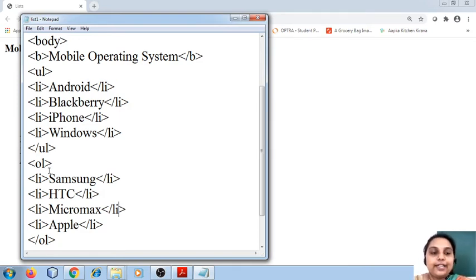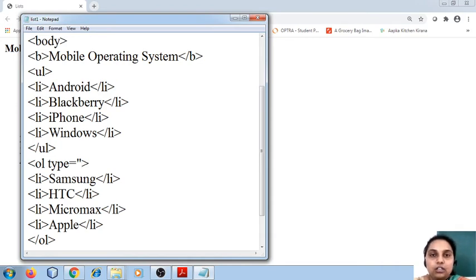So you have seen that by default it is going to be a sequential value starting from 1. Now what if I want it to start from lowercase a or uppercase A, or maybe I want to start it from Roman numbers? All those possibilities are taken care of.